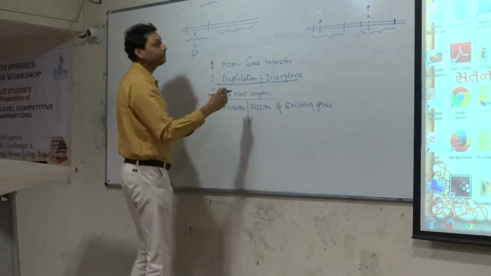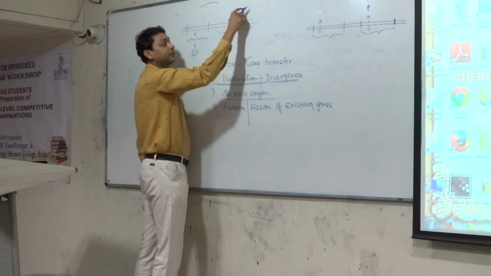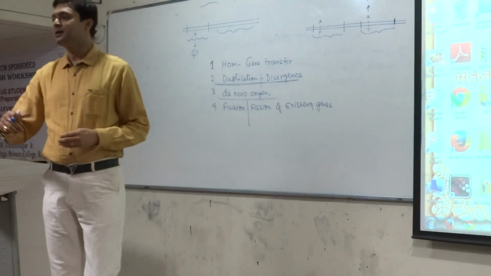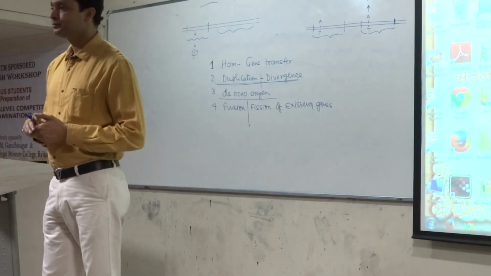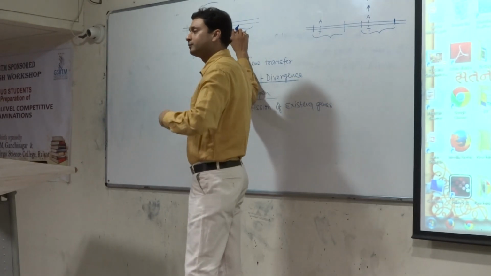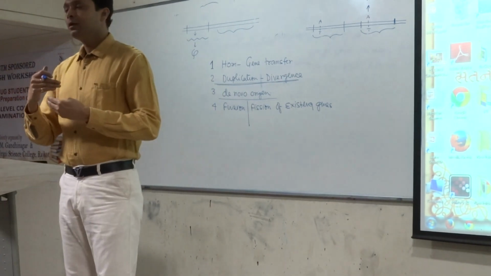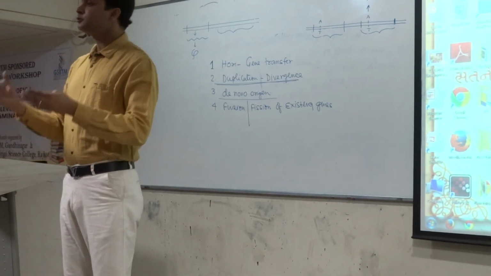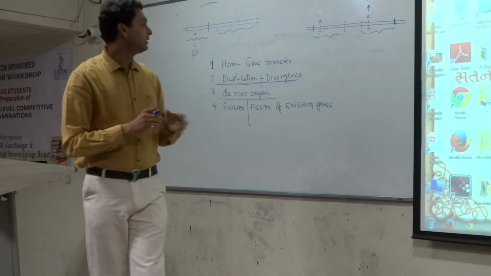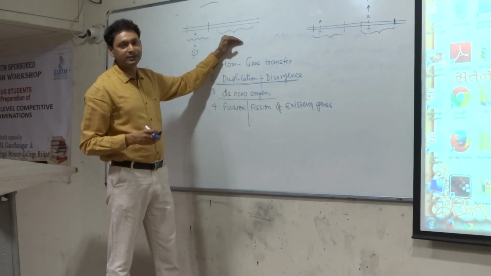But in the course of time, certain changes occur, and as a result, this particular region becomes a coding sequence, responsible for the formation of the messenger RNA or any other RNA molecule. In that condition, we can say this is the de novo origin. This is the de novo origin. A certain change undergoes the process of change, and a new gene arises. So this is a new gene, responsible for the formation of the messenger RNA.